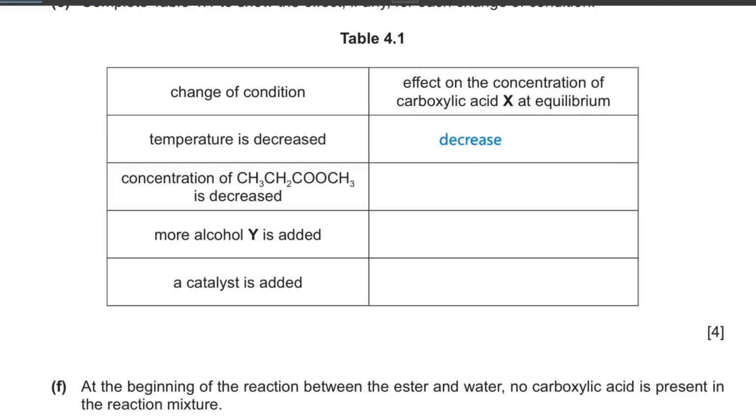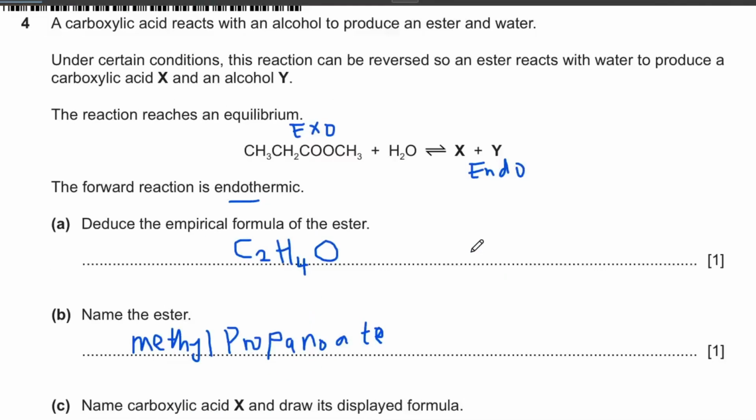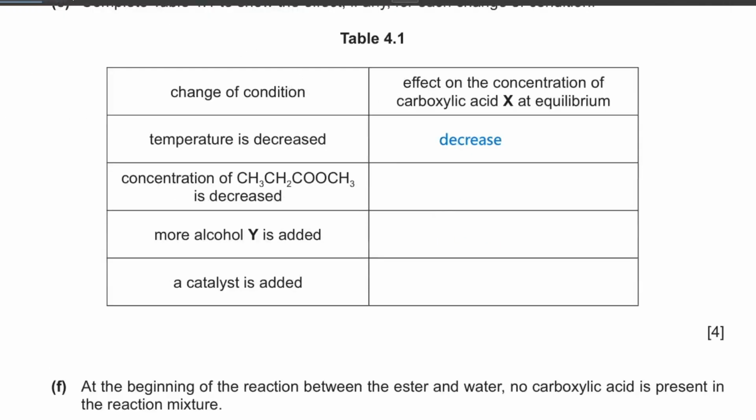Why? Because the forward reaction is endothermic and the reverse reaction is exo, and a decrease in temperature will shift the equilibrium to the exo side. So therefore, the concentration of carboxylic acid is going to be decreased, then the concentration of methylpropanoate is decreased. Now when the concentration of the reactant is decreased, the concentration of the product is also going to decrease. So therefore, here also, when the concentration of methylpropanoate is decreased, the concentration of carboxylic acid X at equilibrium is